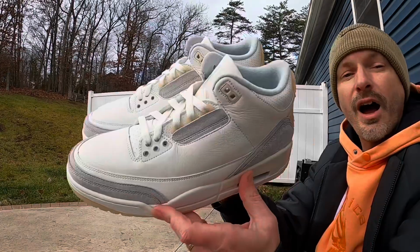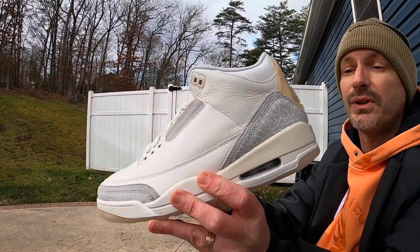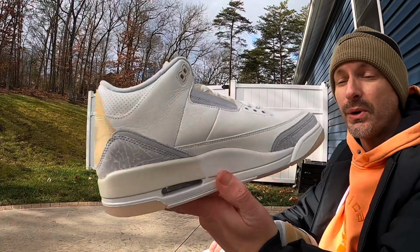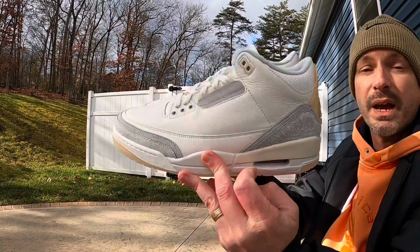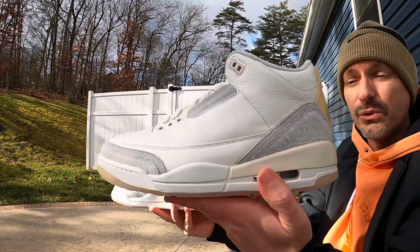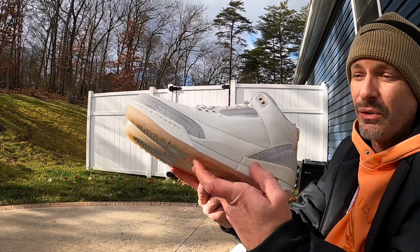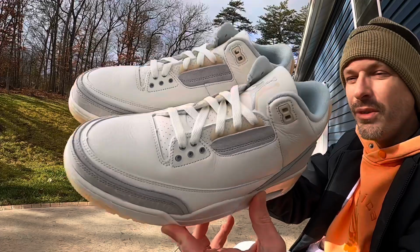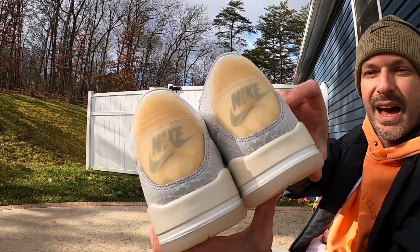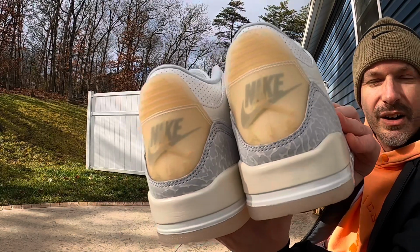All right, the next pair on my list, maybe this one's obvious to some of y'all, maybe it's not. I don't even know if a lot of people have seen these in person, but I think this is one of those pairs that whenever you see them in hand and you feel the materials and just these subtle shades of cream and gray and all the different little design elements that are tweaked for this pair, such as that kind of cloudy heel tab that you can see the Nike branding underneath,